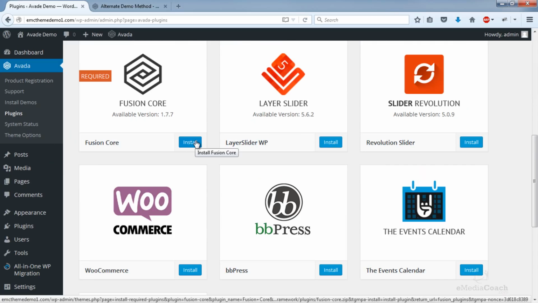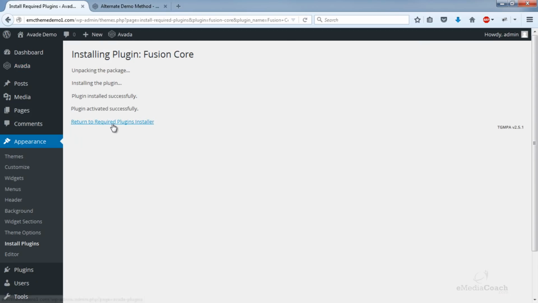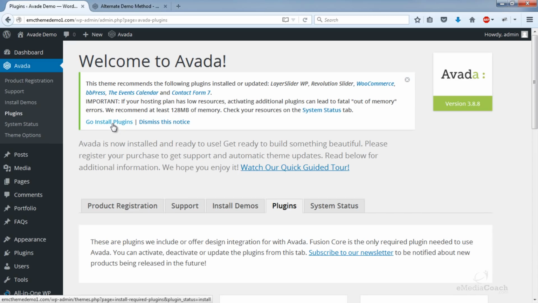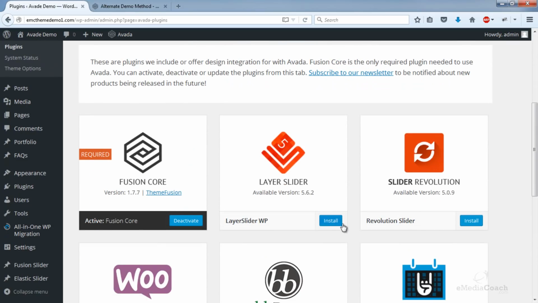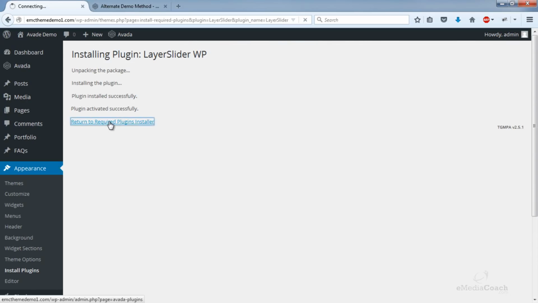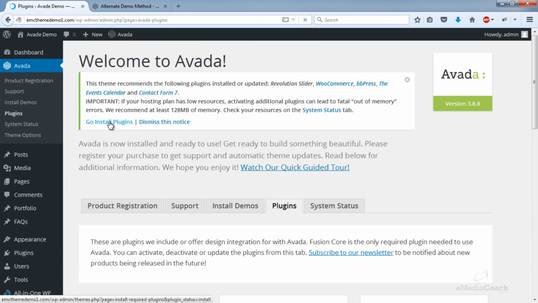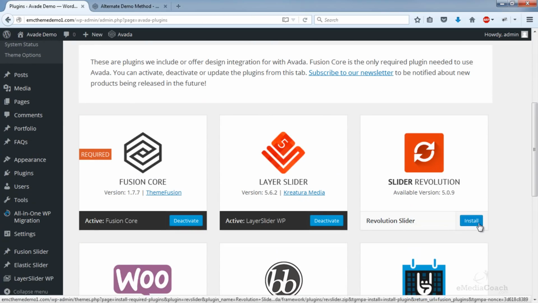So let's go through and do that one by one. Some of them are really quick to install, whereas others may take a couple of minutes.